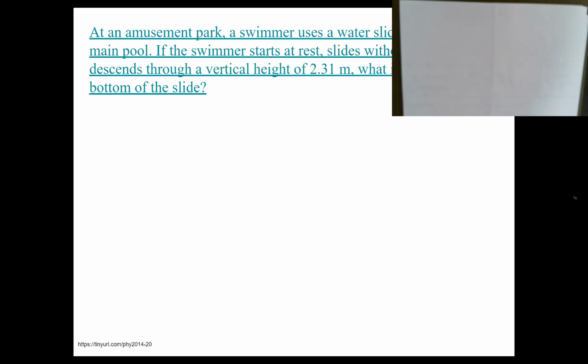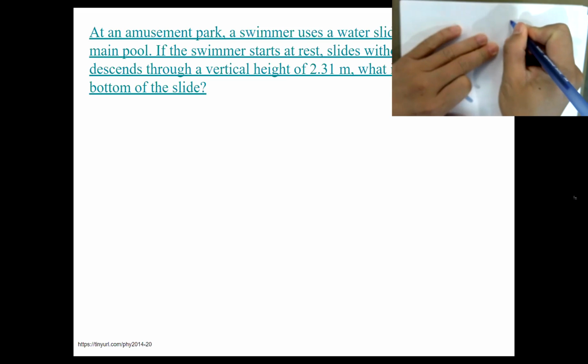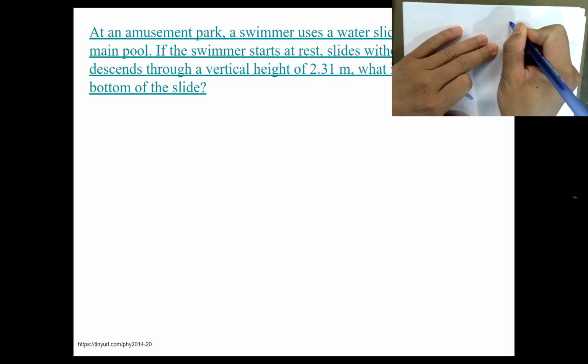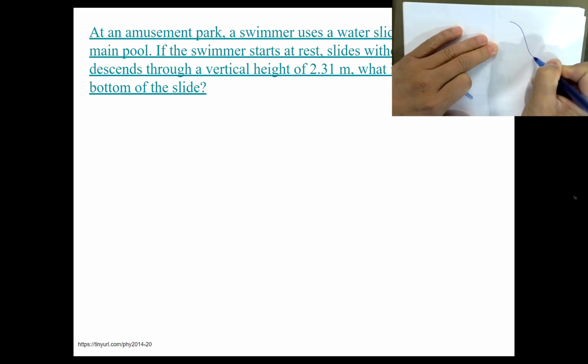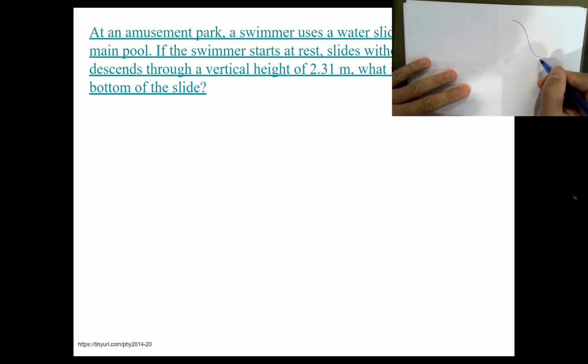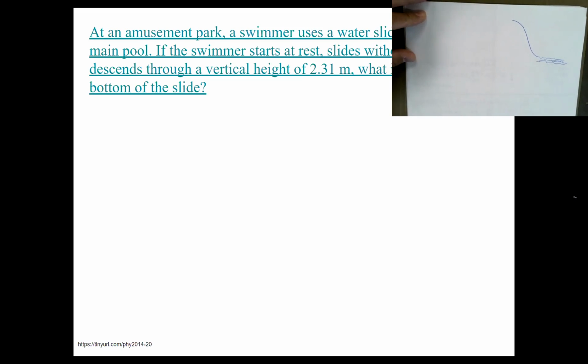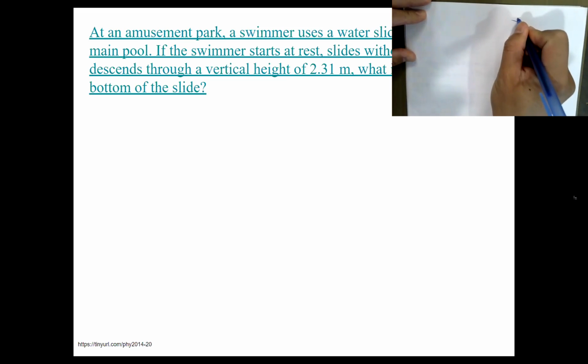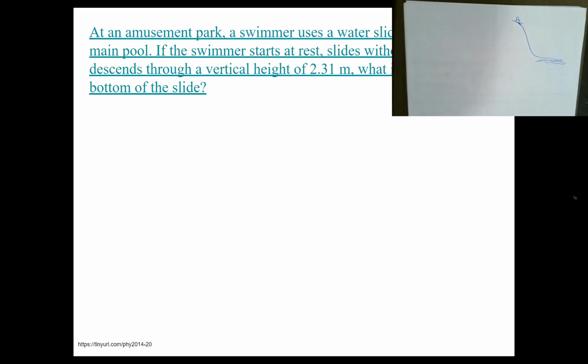All right, so let me sketch. The slide probably looks something like this. It's not going to be a vertical slide, but it should have a certain slope. And this is where the level of the main pool with the water is. So if she slides down here,